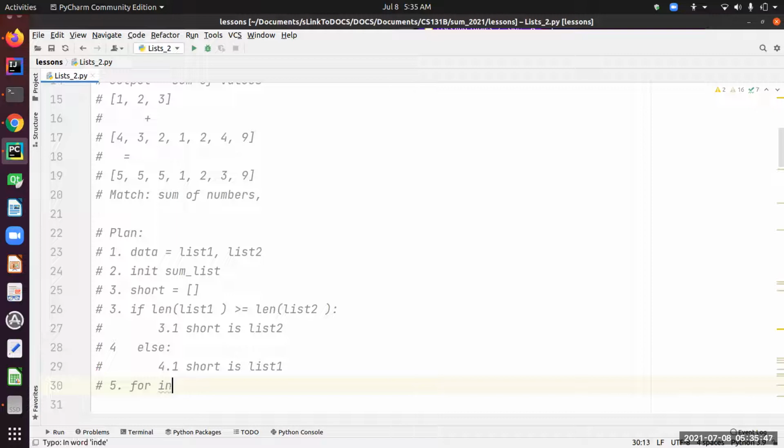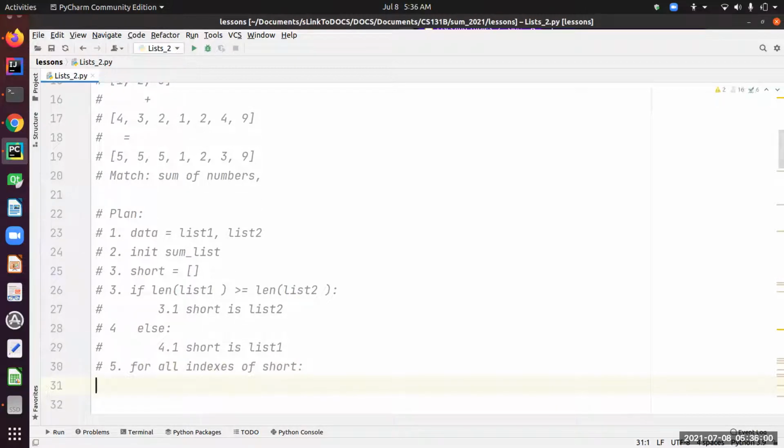So for all indexes of short, okay, and so we're going to go inside for loop, so 5.1, and add up to take the corresponding index of the longer one, and basically